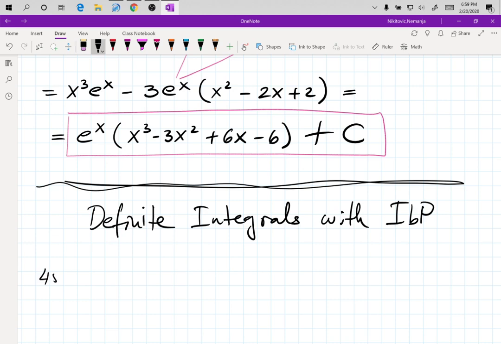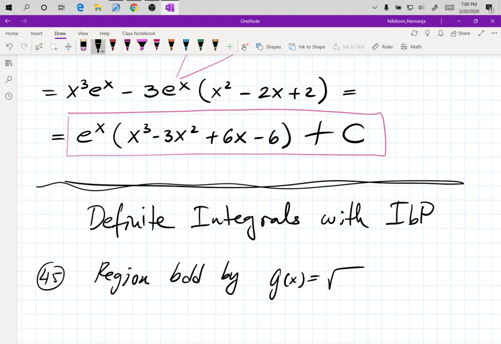Problem 45. The region bounded by the function g of x equals square root of ln x, and the x-axis on the interval 1 to e